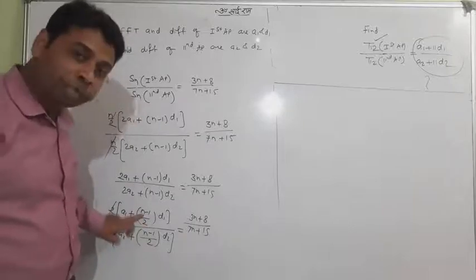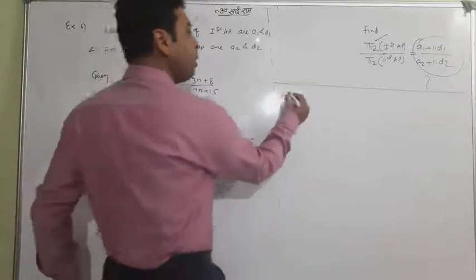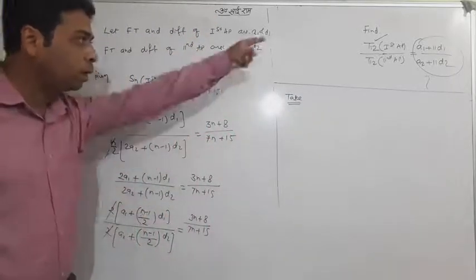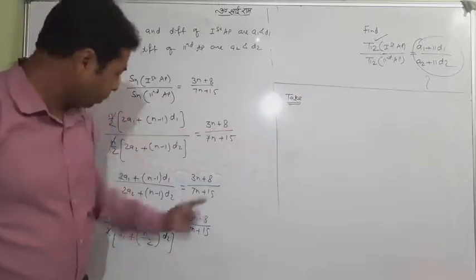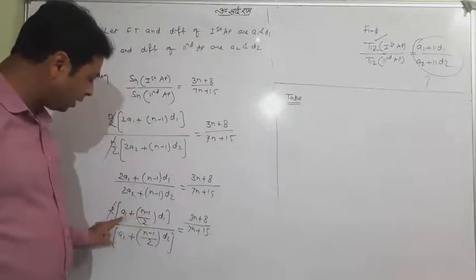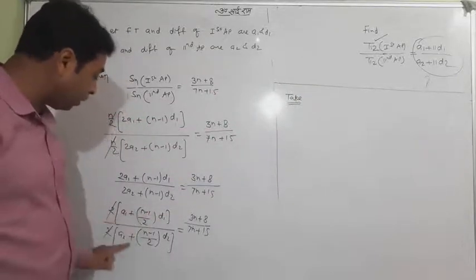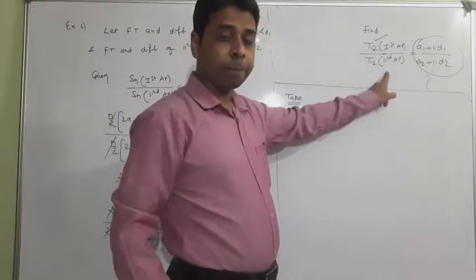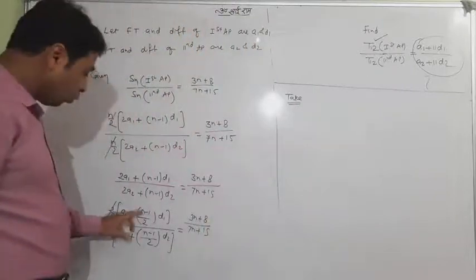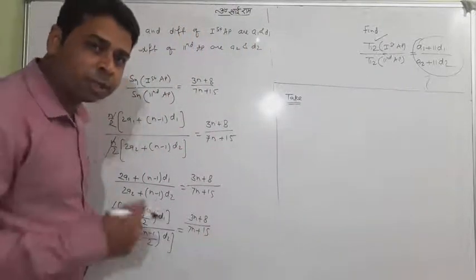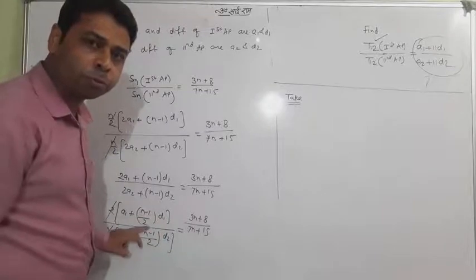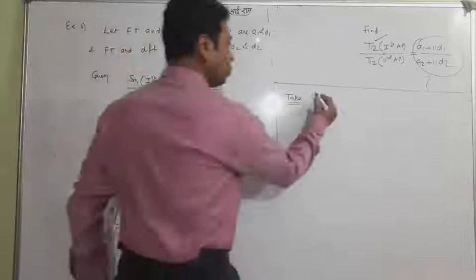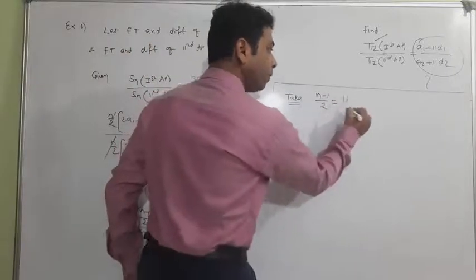You have to choose some value of n. So I simply tell you how we can choose such a value of n which will give you 11. Because at this moment you want a1 plus 11 d1, a2 plus 11 d2, which are the 12th terms of the first AP and second AP. So how can we get 11? We have to choose such a value of n that (n minus 1) by 2 gives 11. We can't predict it quickly, so I tell you, take (n minus 1) by 2 equal to 11.